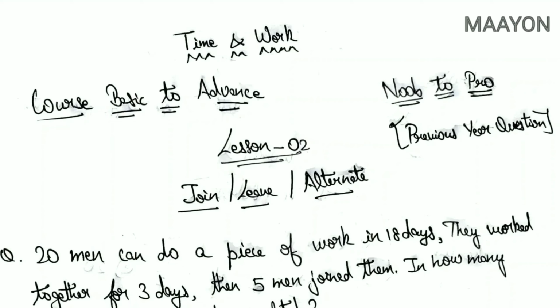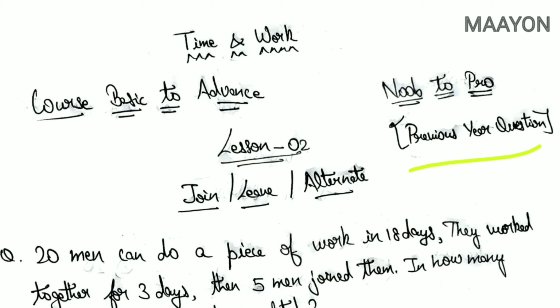In this course, basic to advanced, we are going to train ourselves from noob level to pro level. Here we are going to solve sums in three types. In the first type, we are solving it in basic traditional method to strengthen our basics. In the second method, we are solving it in a trick method. This is the method used by aspirants to clear the exam. In the third method, we are going to solve it through a pro method. This is the method used by the toppers. And the questions we are solving here are previous year questions.